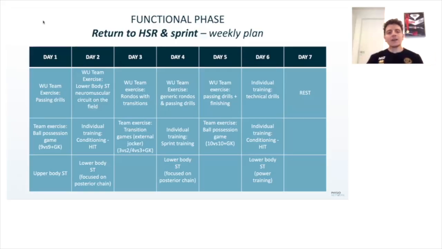This is a weekly plan in this point of rehabilitation for our player. Obviously, it is an example, but it's important to understand that at the beginning of the week we have to know more or less what the team is going to do